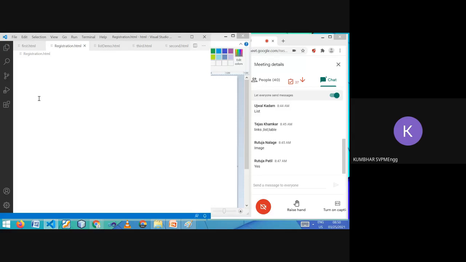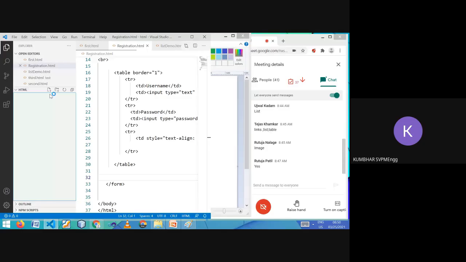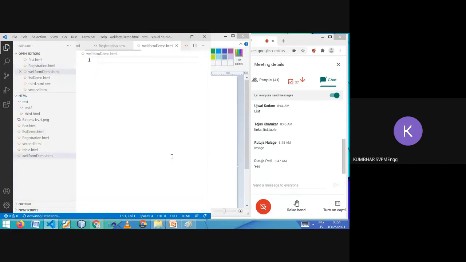I will take one more page. Okay, dot HTML. Let me copy this name. Later I will require this. Fine. Okay, the page is created.